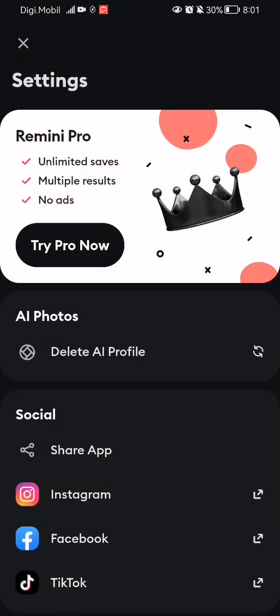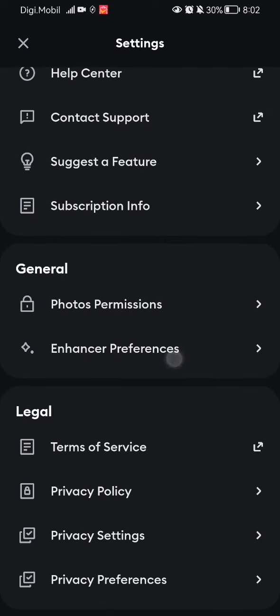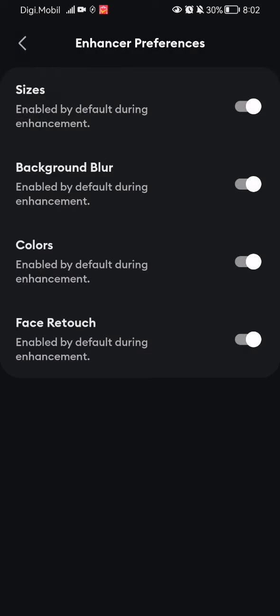Press on that, and once you are there you have to scroll down a little bit and you will see in the general section the enhancer preferences. Click on that. And here you can activate basically 4 different options, basically the sizes, the background blur, the colors,